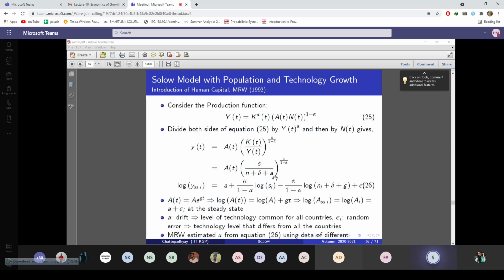So we are going to incorporate human capital over here, and we are going to check the importance of human capital in this model, in the simple Solow model. So we'll start with this production function, then we will incorporate human capital. Please start doing it.